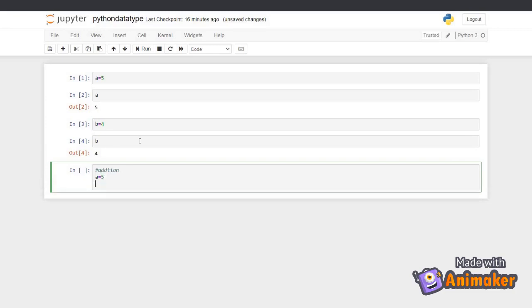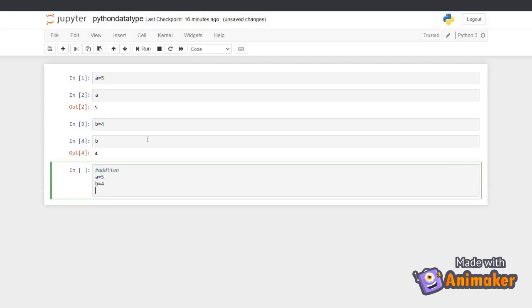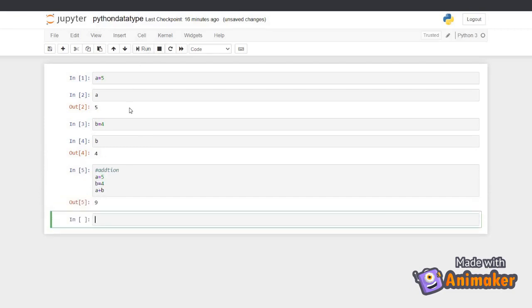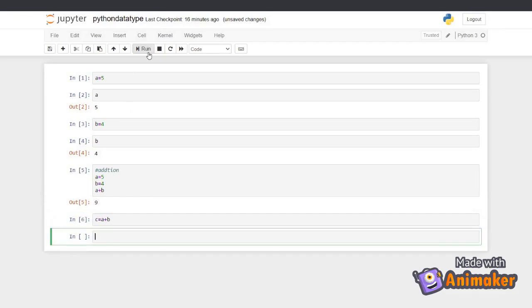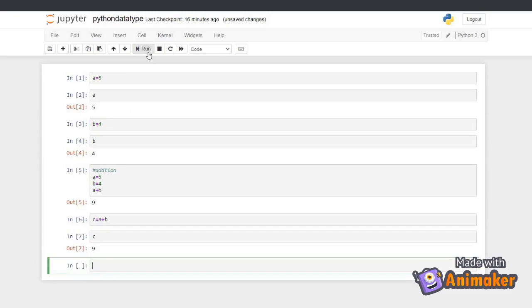Suppose a equal to 5 and b equal to 4. If we want to add both the numbers, we give a plus b. So we'll get 9. Or else we can store this value in another variable c, and if you want to print c, you give c.